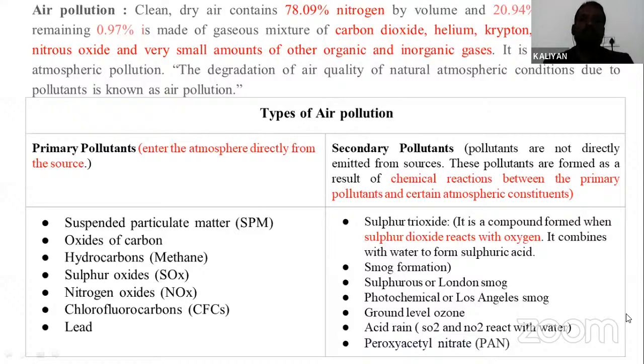This is an important section. The question is an important part of air pollution. The question is like which are the primary pollutants or which are the secondary pollutants. They give only three primary pollutants and one secondary pollutant. Otherwise they ask, PAN is primary, which one is the secondary pollutant? Many times they ask whether PAN is a secondary or primary pollutant. They will ask this in reason and assertion or statement one-two type questions in types of air pollution. So please give importance to this section.